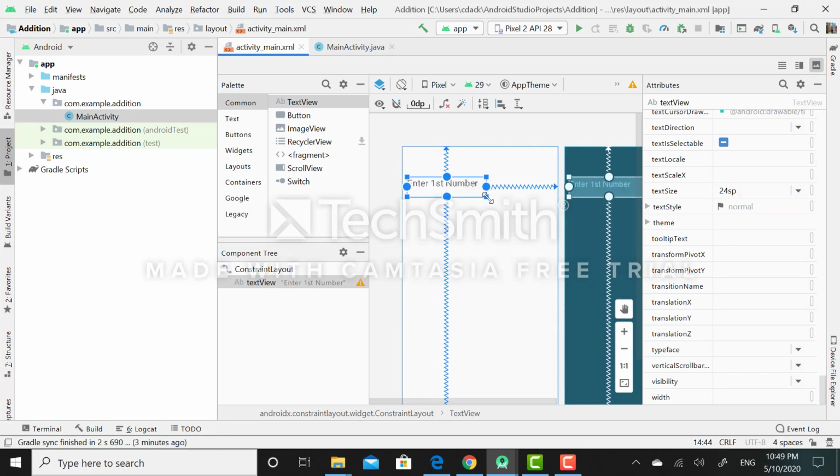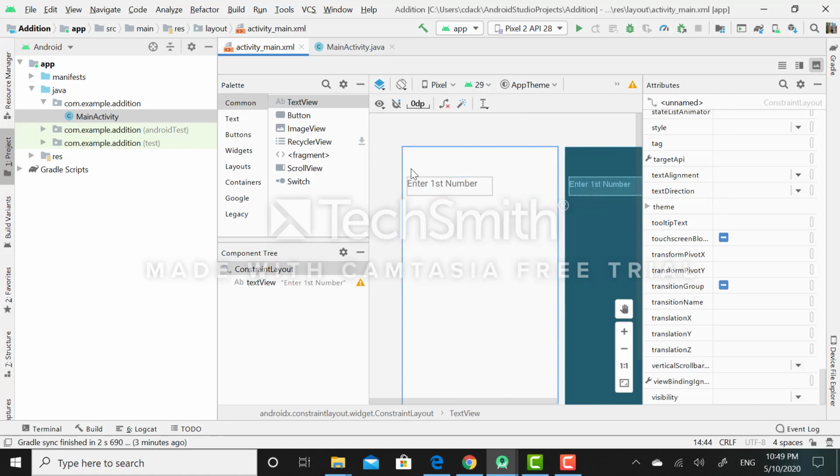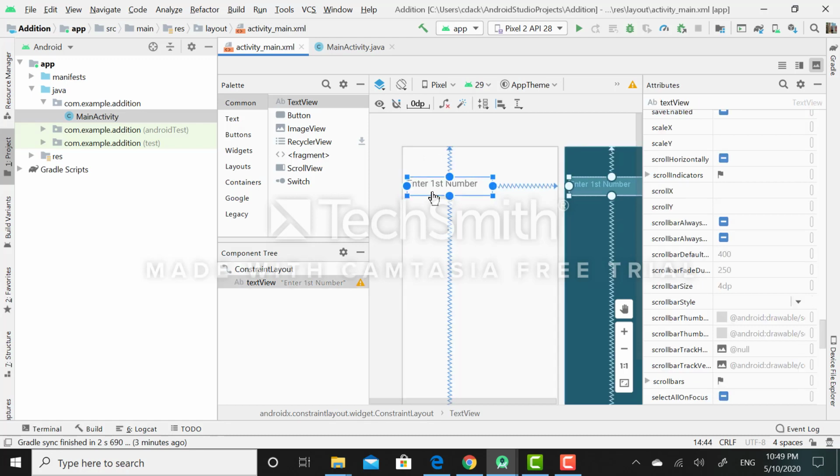Again I will increase a little bit the width of this text view so that the whole entire message will be properly visible on this text view widget. Remember, while setting the height and width of any widget, you need to apply dp as a unit. dp stands for density independent pixel, which is set for UI elements.